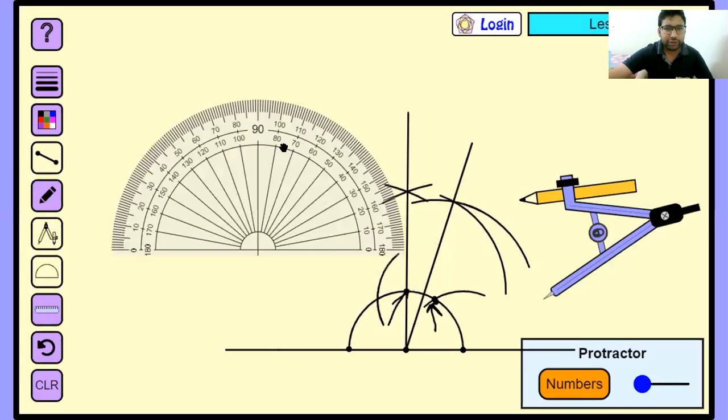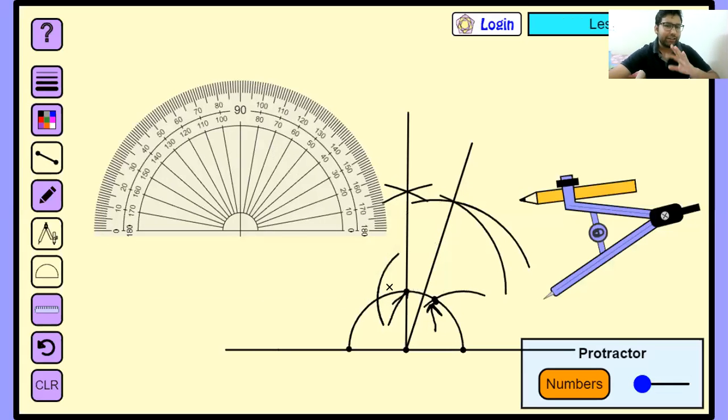Actually, I didn't use 120 degree. I needed one angle of 90 degree and another angle of 60 degree. First I drew an angle of 90 degree, then 60 degree, and then I made their angle bisector. That's it, because I have seen in the formula that the angle bisector of 60 and 90 gives me 75 degree.